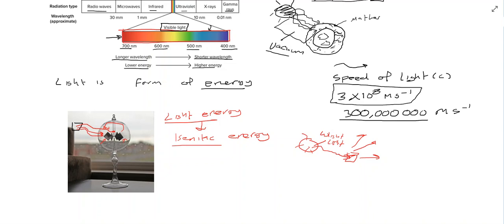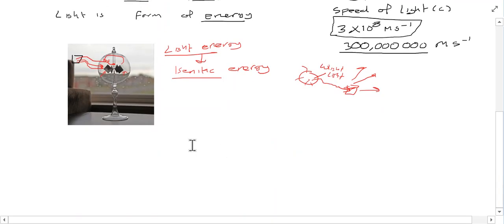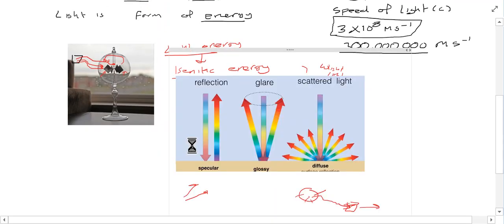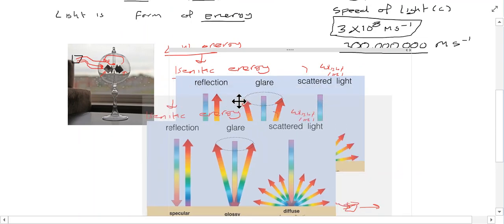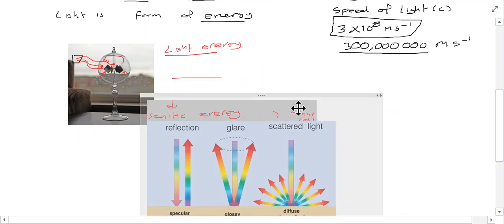So if we think about the light that reflects off objects, it reflects off objects in different ways. So if we have a look at this here,